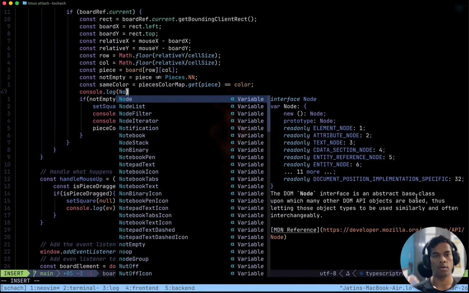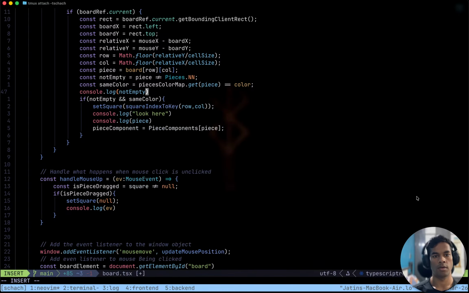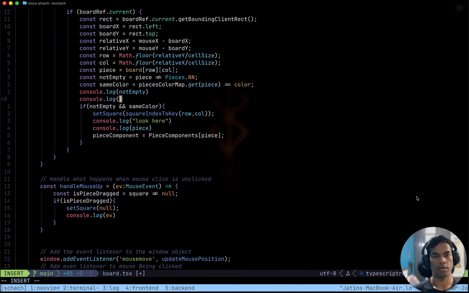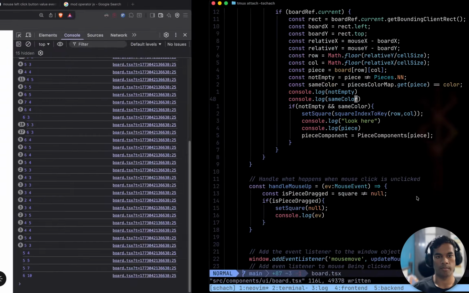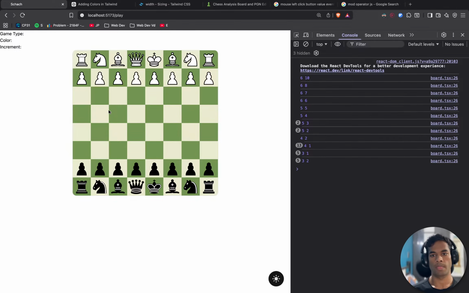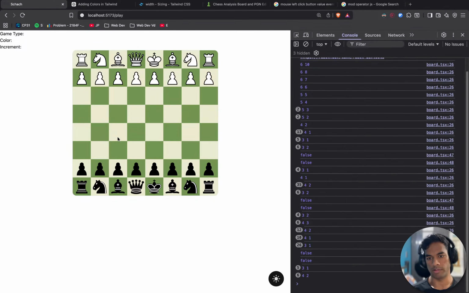console.log not empty and same color. False, not empty.